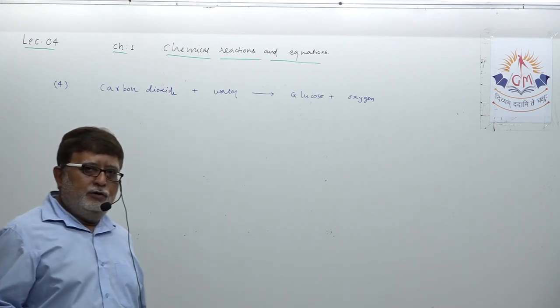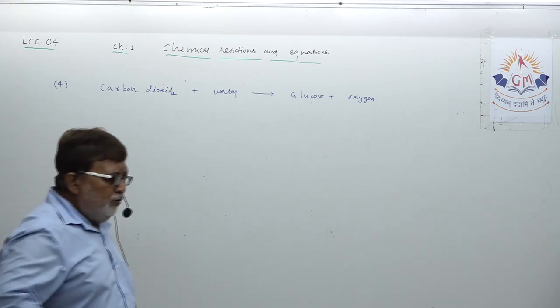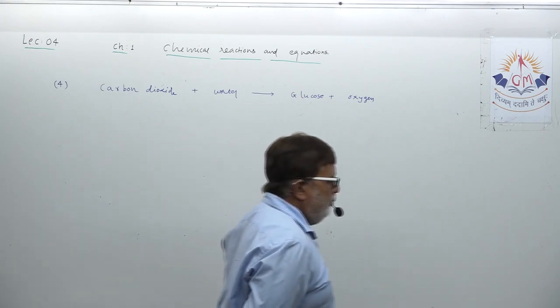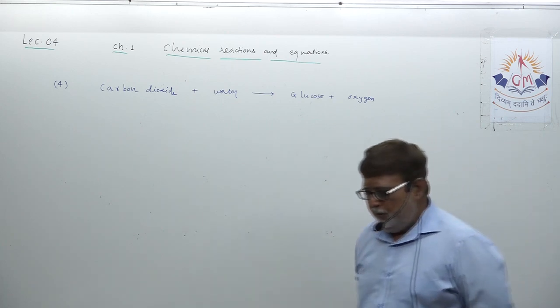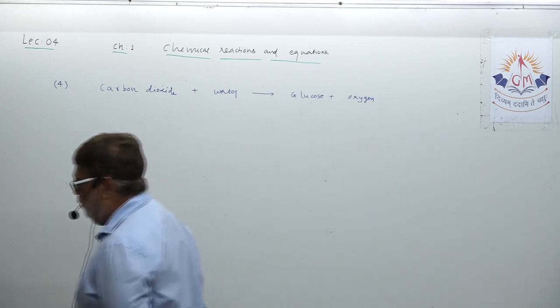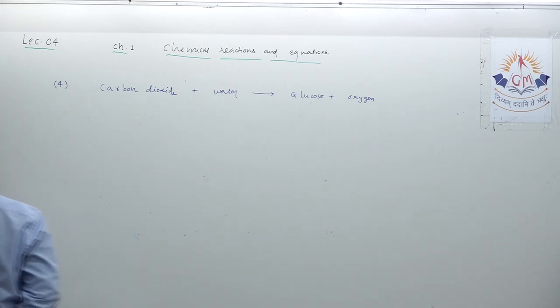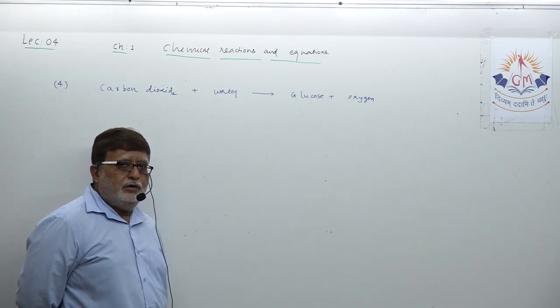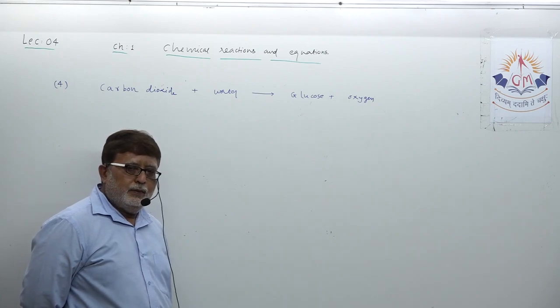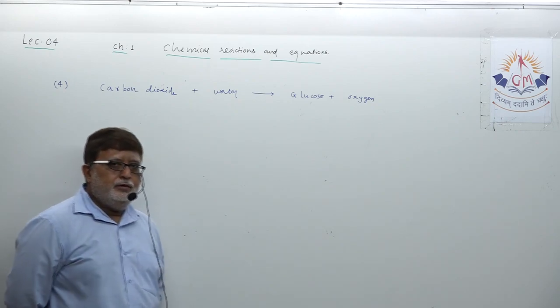Actually, if you concentrate here, this is the photosynthetic equation. You understood? During photosynthesis, what happens? Carbon dioxide reacts with water in presence of chlorophyll, no doubt, and it produces starch and oxygen. Starch can also be called glucose. Okay, so this is the word equation given to you.